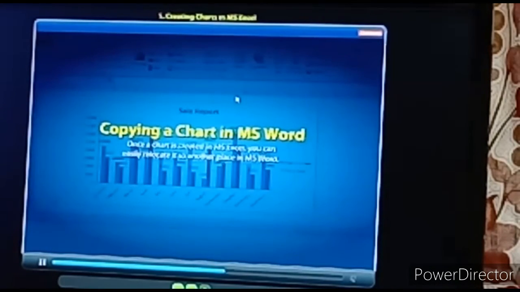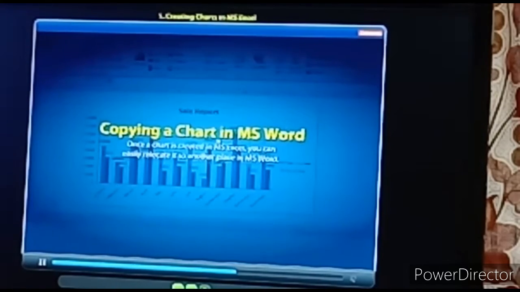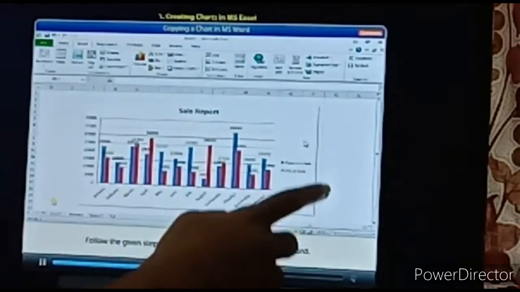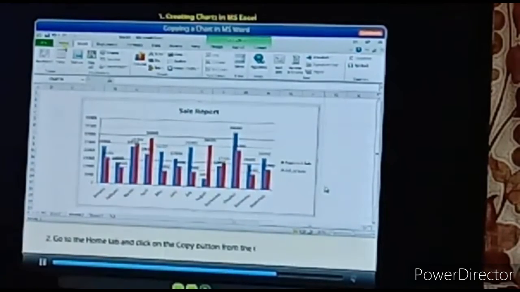Next one is copying a chart in MS Word. In copying a chart, the particular chart which we made in Excel, if we want to copy it, we have to follow the particular steps. First we have to open the chart. We have to click and select the chart which is in MS Excel.